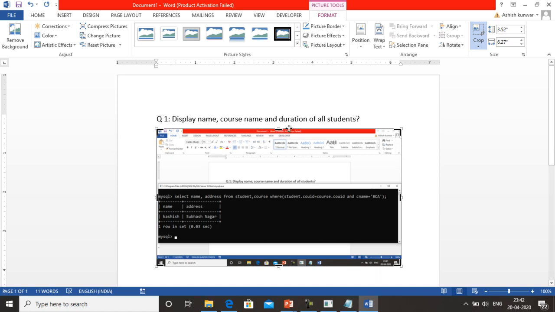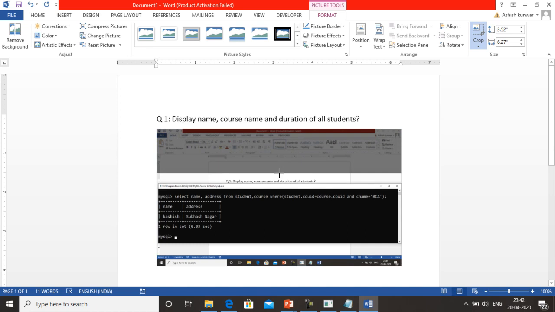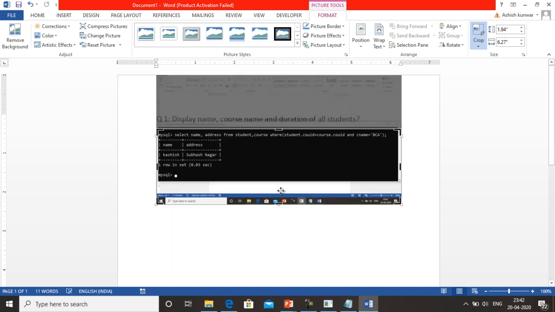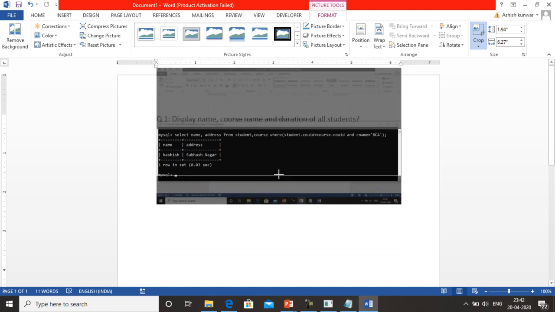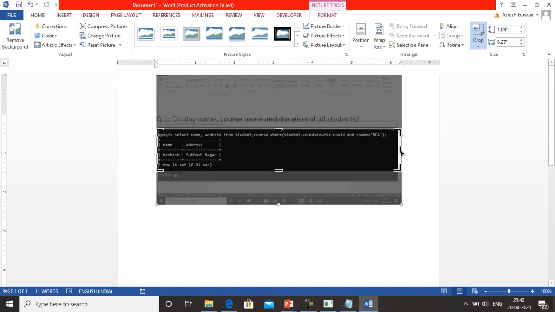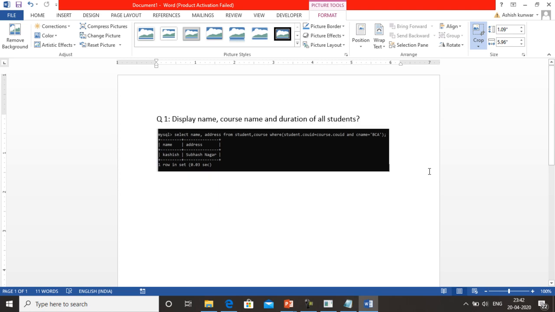Just place your mouse pointer on this black spot, and when the T mark appears, just press the mouse and start cropping it. Over here also you can do the same thing, and if you want to crop from this side, you can also crop, and then you press enter.